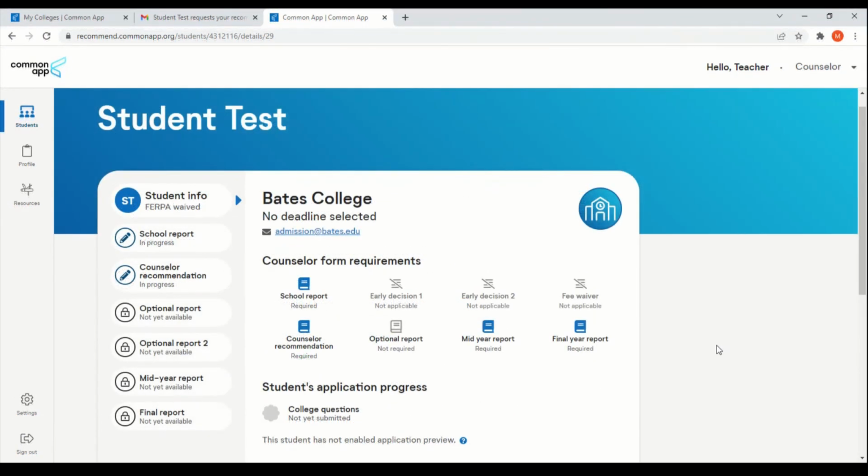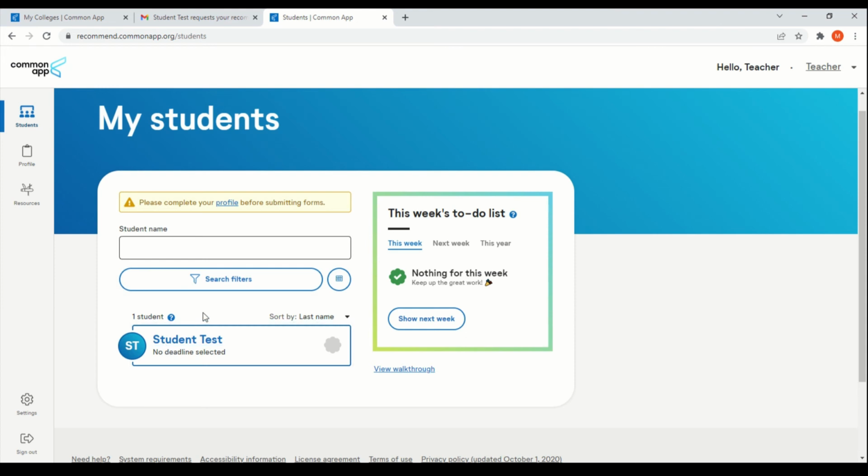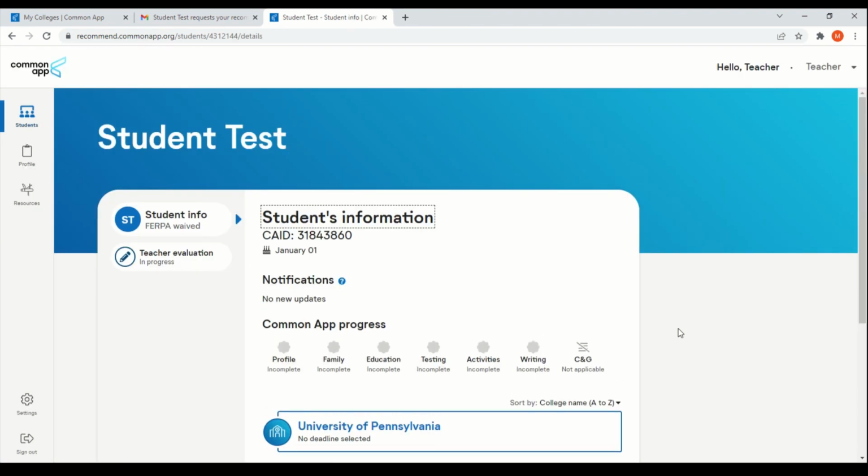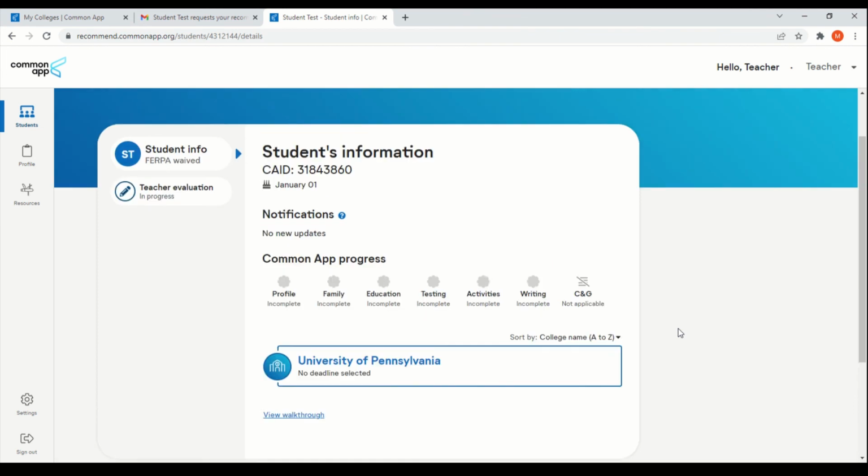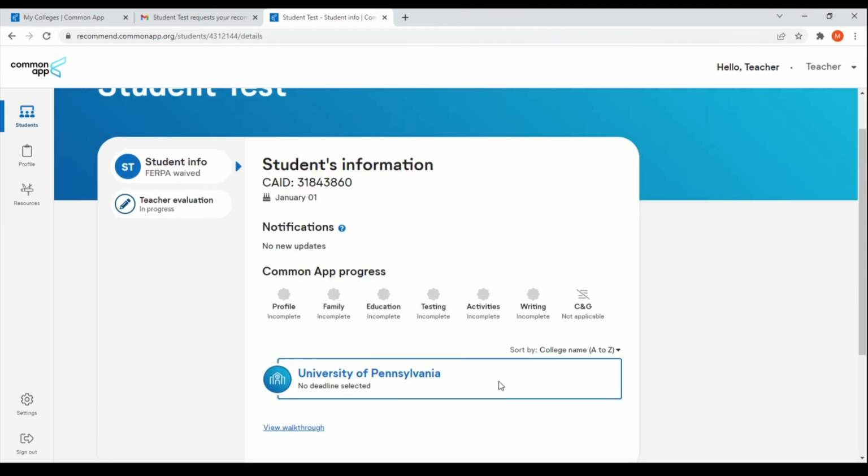Let's say another student added you as a recommender, but this time they added you as a teacher and not as a counselor. Here you can interchange between the different types of recommenders. So we click on Teacher. You can see the list of students who added you as a teacher, and you can see your to-do list. Let's click on the student's name. You can see the Common App progress, the universities and colleges you need to submit your evaluation as a teacher,